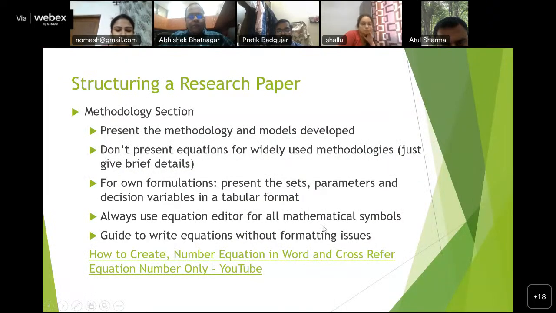Right. And always use the equation editor for all mathematical symbols, even within the text. If you are writing, for example, x1 within the text, just write it in mathematical mode using the equation editor. And this is one YouTube video which is a very good guide to write equations without formatting issues. So your equations won't, like in Word,